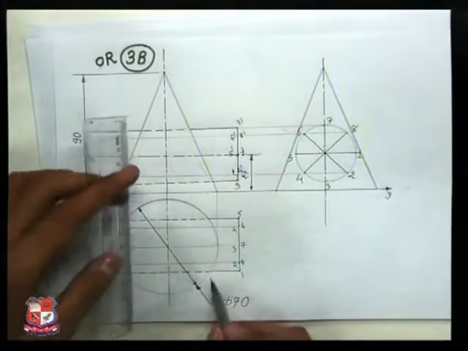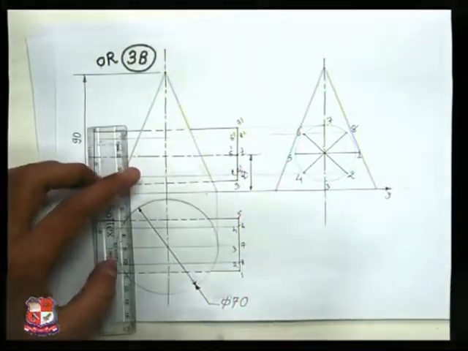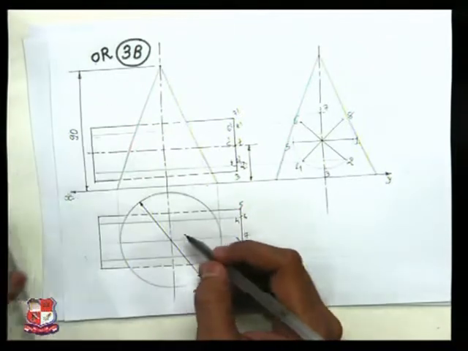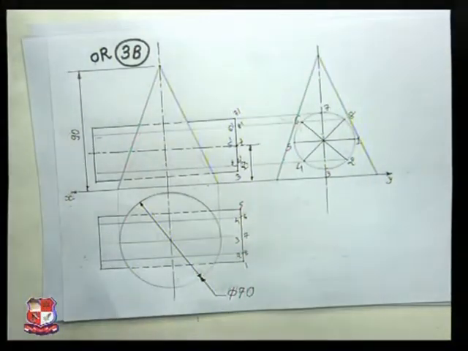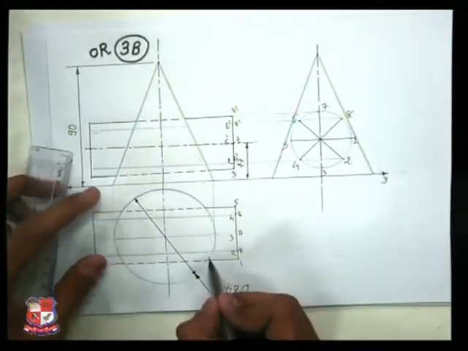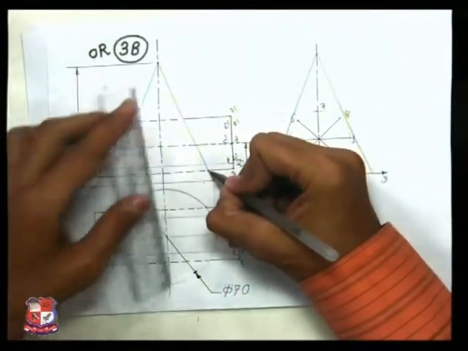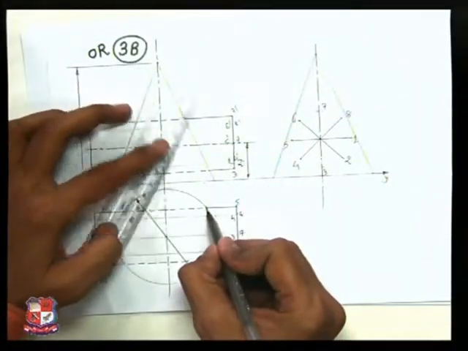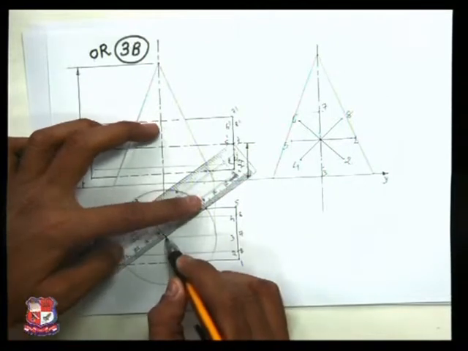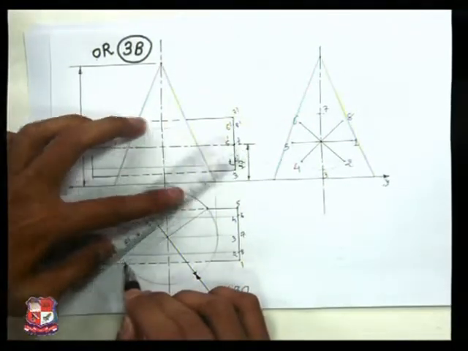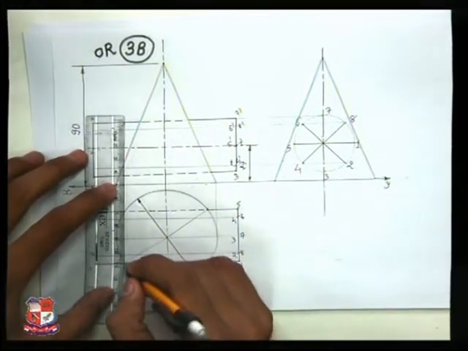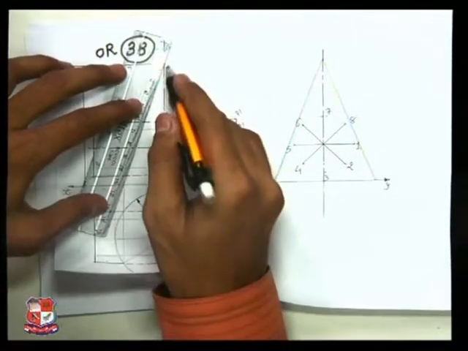So for that again we employ the previous analogy, but here we have to draw the slant edges or the imaginary generator over the periphery of this cone like this. Pick up one point. So for that, this is the one point somewhere here. So for that, from here draw a generator like this. From here also draw a generator. So this is the generator which is to be drawn over here like this, and from here draw the generator like this.